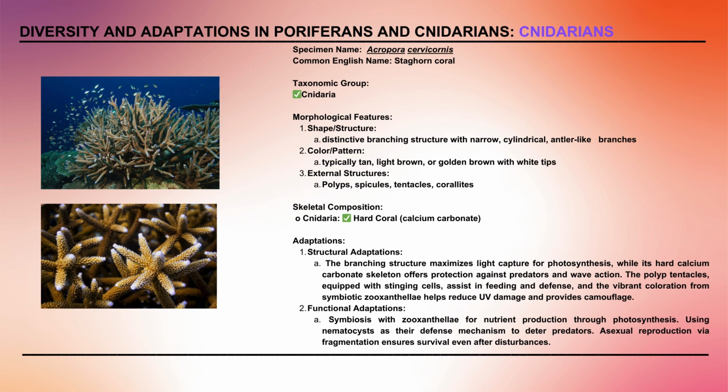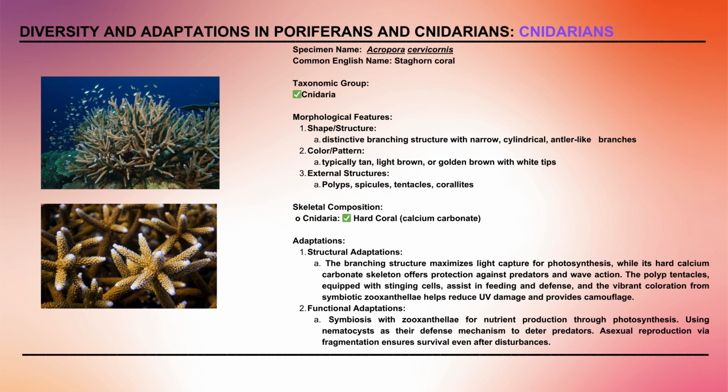Its color pattern is typically tan, light brown, or golden brown, often with white tips. In terms of its external structures, it has polyps, corallites, and tentacles. Polyps are small, tubular structures that extend from the branches and are equipped with tentacles arranged in multiples of 6. Corallites are skeletal cups that house the polyps and are angled towards the tips of the branches, and then the tentacles emerge at night, appearing as tiny finger-like structures that pump themselves up with water and resemble tiny stars scattered